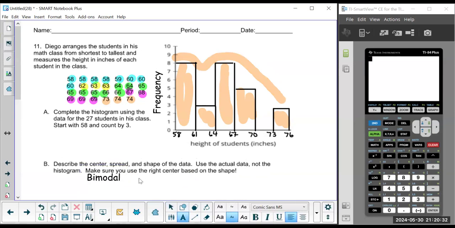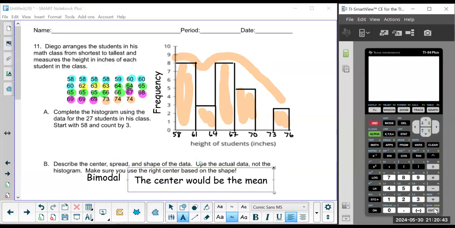So the center would be the mean, which means that we need to add it all up and divide by the number of numbers. So I actually already had typed this in just to save us time. So I typed in all those numbers. Just make sure you type it in accurately. You get that, and then we're going to divide it. And they tell us that Diego has 27 students in his class, so we're going to divide it by 27. So then the mean would be 61.963,